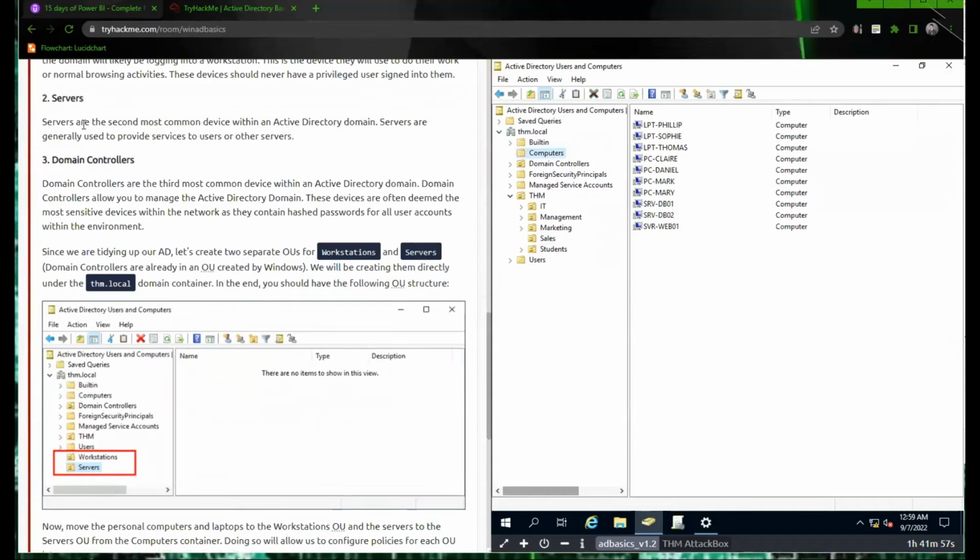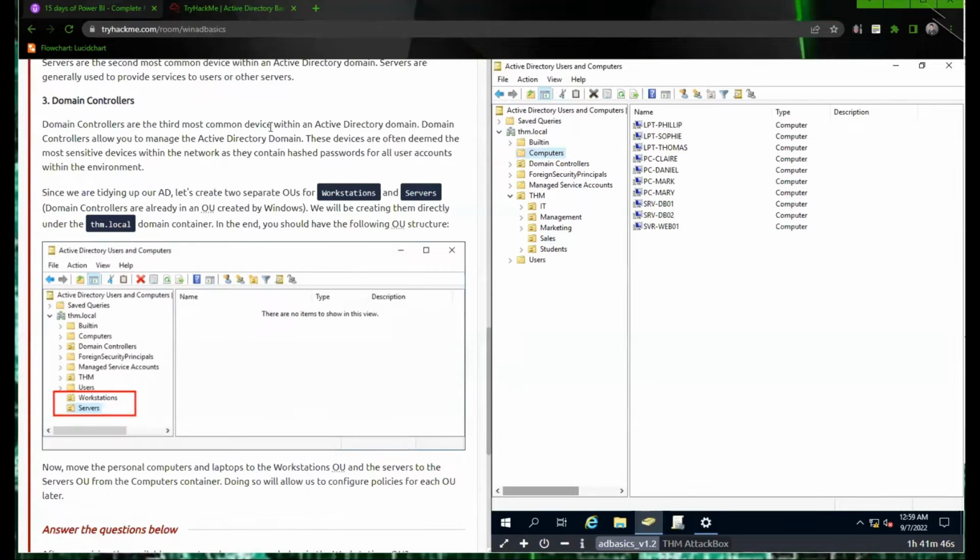Okay, servers. Servers are the second most common devices within an Active Directory domain. Servers are generally used to provide services to users or other servers. Domain controllers. Domain controllers are the third most common devices within your Active Directory domain. Domain controllers allow you to manage the Active Directory domain. These devices are often deemed the most sensitive devices within your network as they contain hash passwords for all user